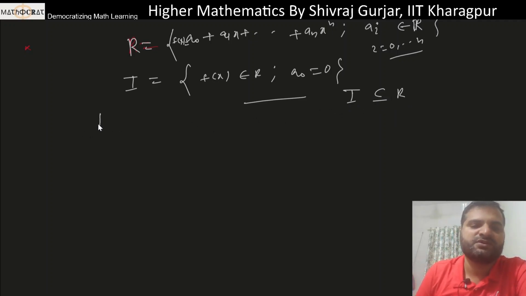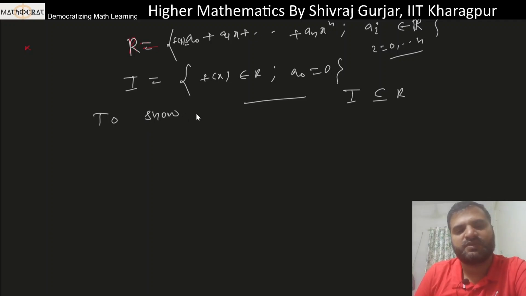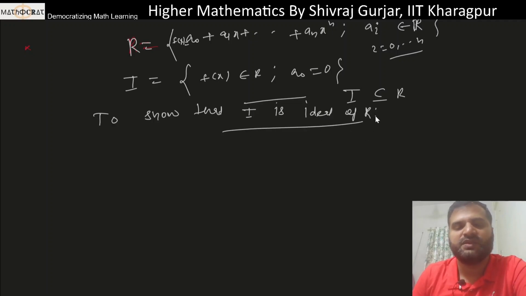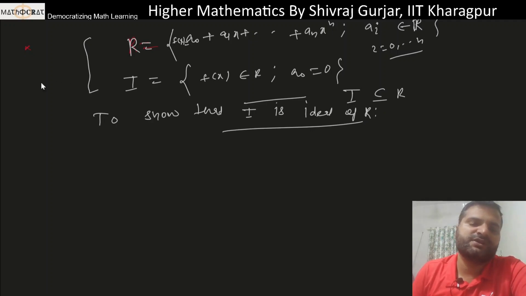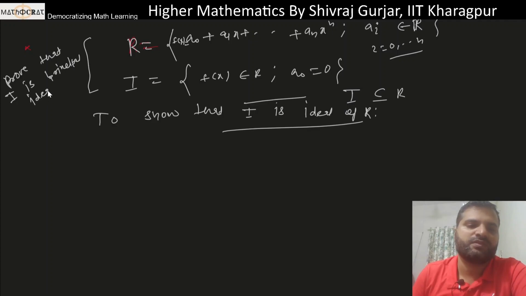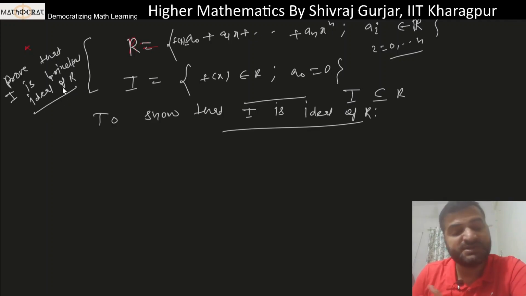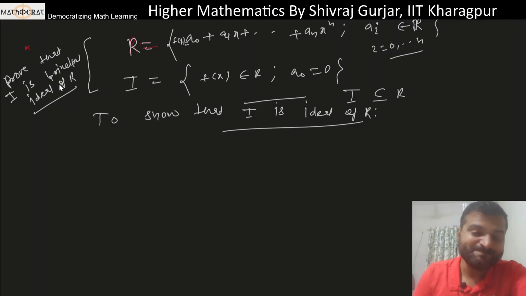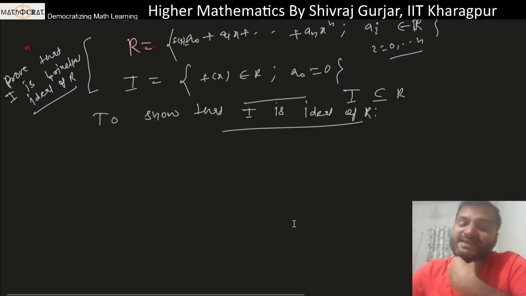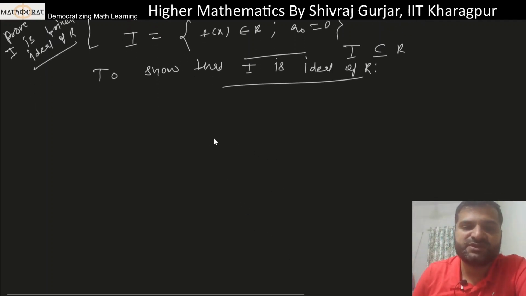Let's say that to show that I is an ideal of R, ठीक है। या मान लो हमें ये पूछा जाए कि prove that I is a principal ideal of R. So for that first we have to show that this is an ideal, and second we have to show that this is generated by a single element, ठीक है। So पहले let us show that this is an ideal, ठीक है।